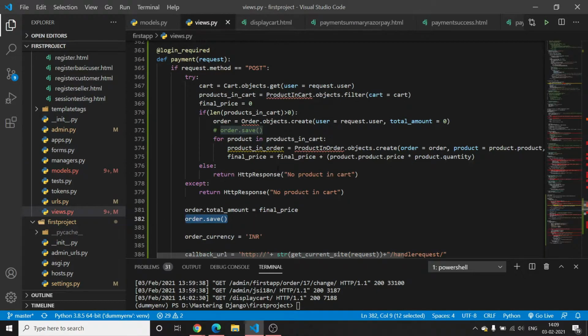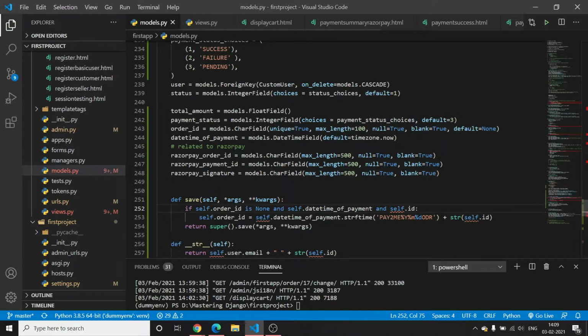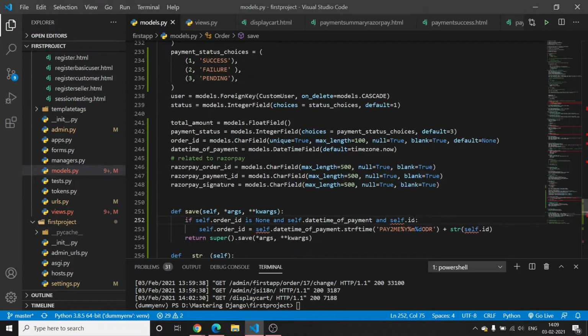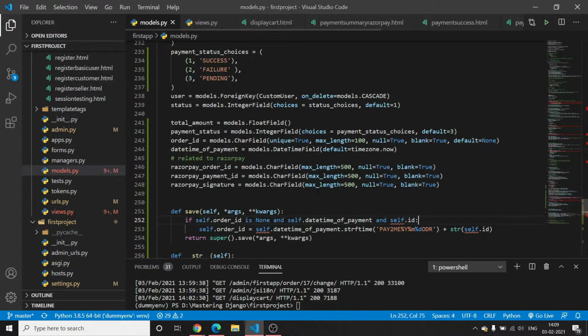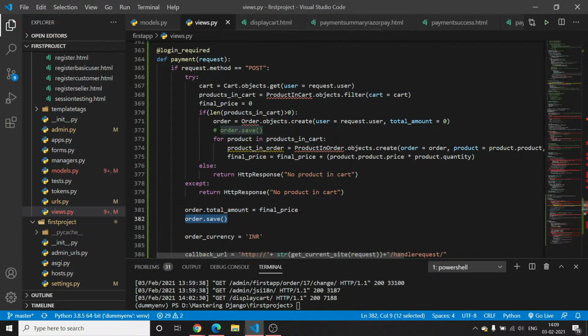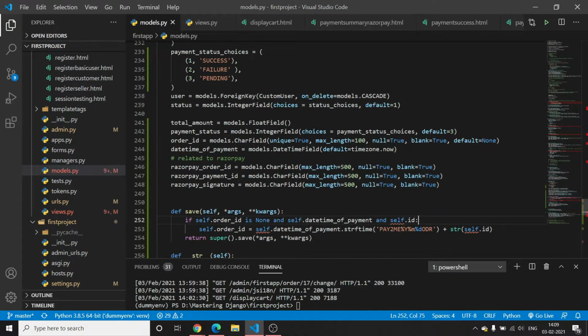So when I do this order.objects.create, or I create the order object for the first time, then the ID is not there, because ID will be generated once the database record has been created, because it is our primary key self.id, which is the auto field which automatically gets added once the record is added to the database. So for the first time the self.id will not be there. So we have to use this order.save method again to create this order id, because when we call the save method for the second time, then this will function and it will see this self.id, and we will be using the self.id to generate the order id, because we have to